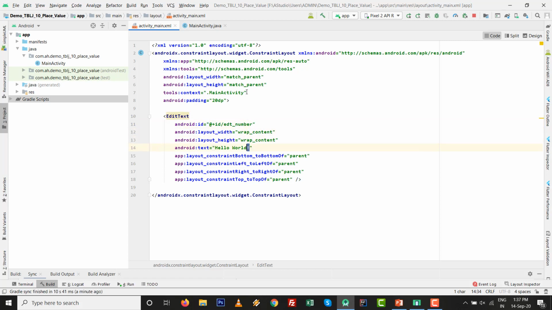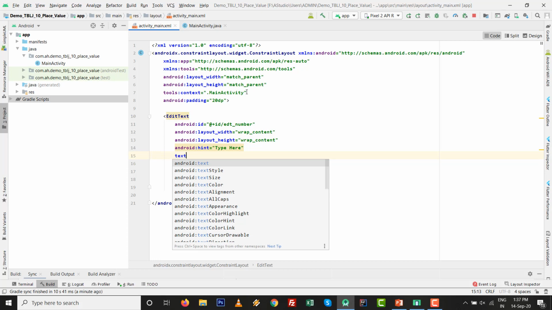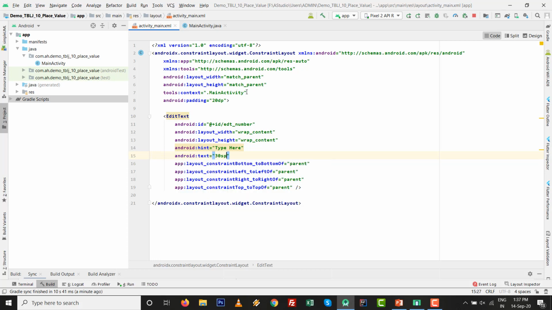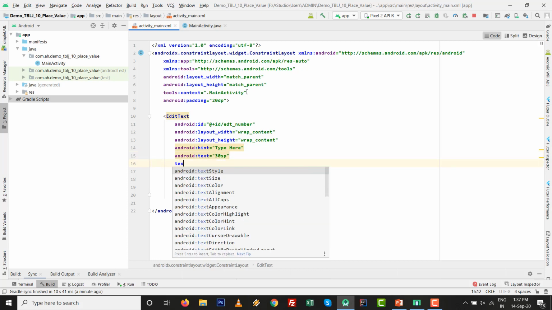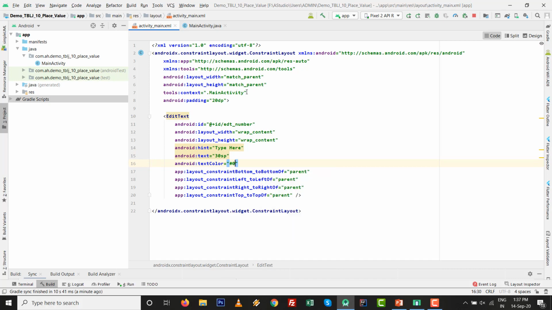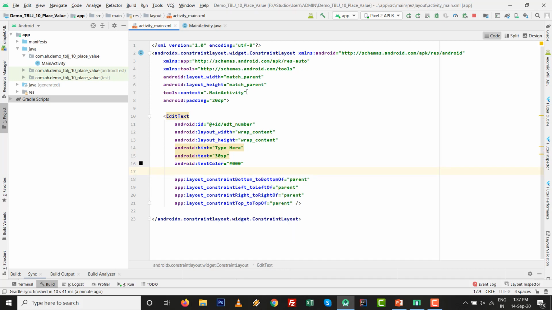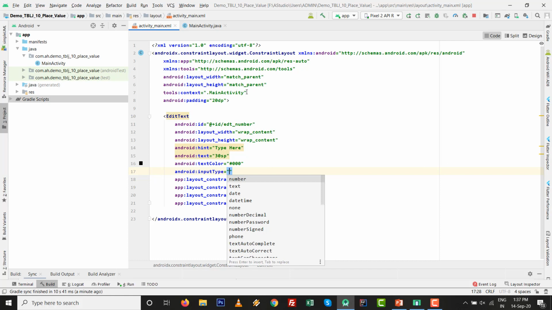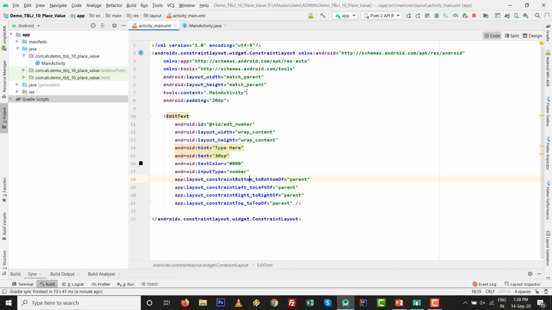There is no text, I just want to type a hint over here, likewise "type here", it will be the hint, and text size will be 30 sp. Text color will be black and input type equals to number.